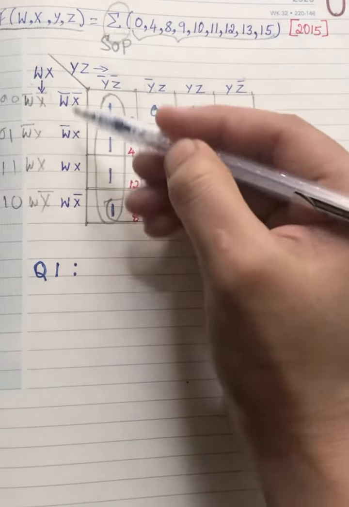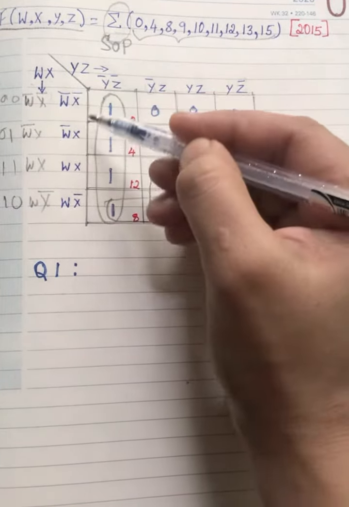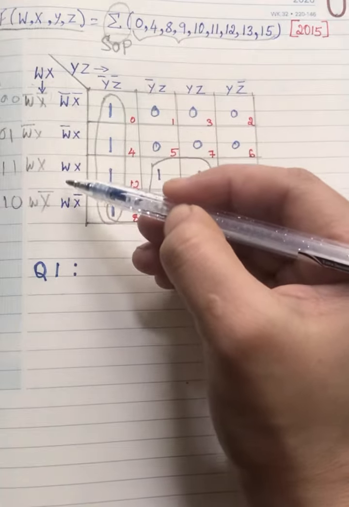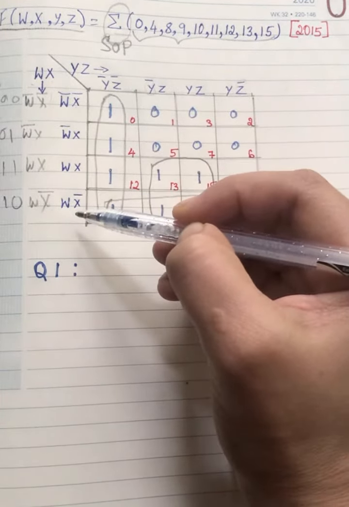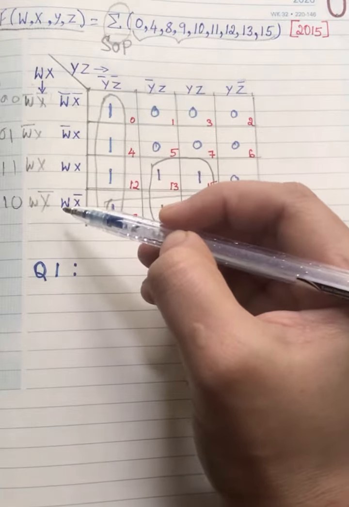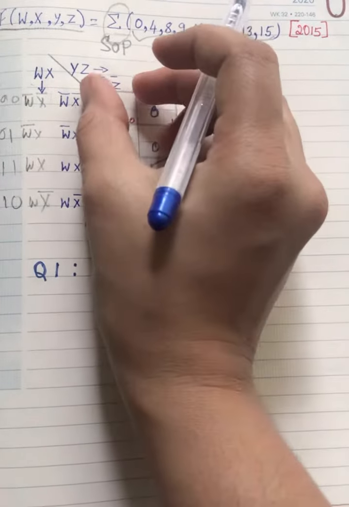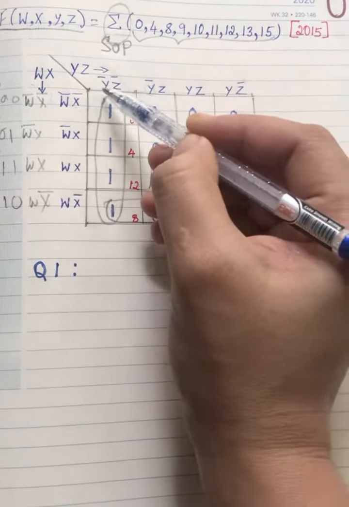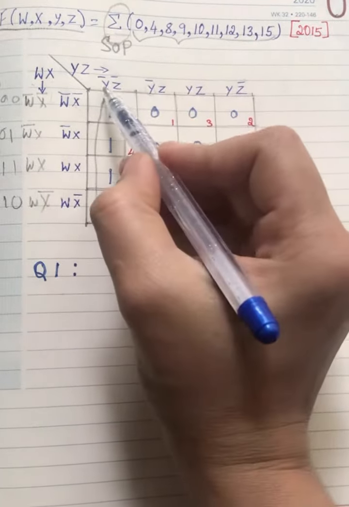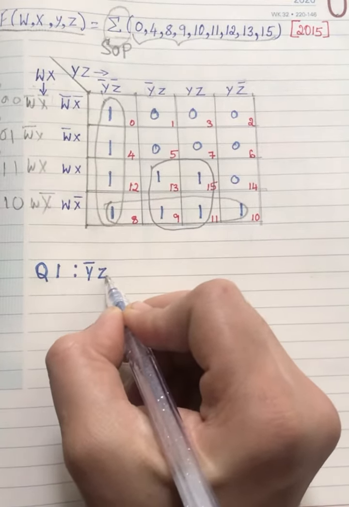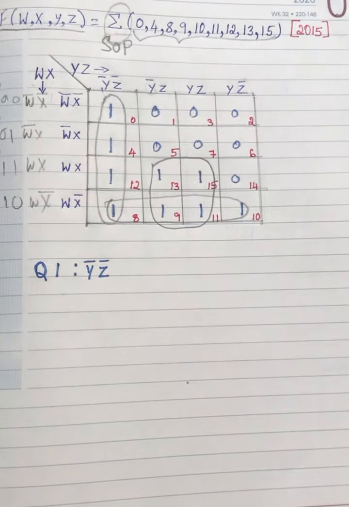this particular thing. Here we don't have any common terms. Common terms means W, W, W, W. Everything should be W, or everything should be X, or else everything should be W bar. So here we don't have any common terms. Leave this. Next go with this. You need to calculate this as well as this. Here you don't have any common terms. So go with this. Here you have Y bar, Z bar. So this is the first quad. You just need to see the common terms.